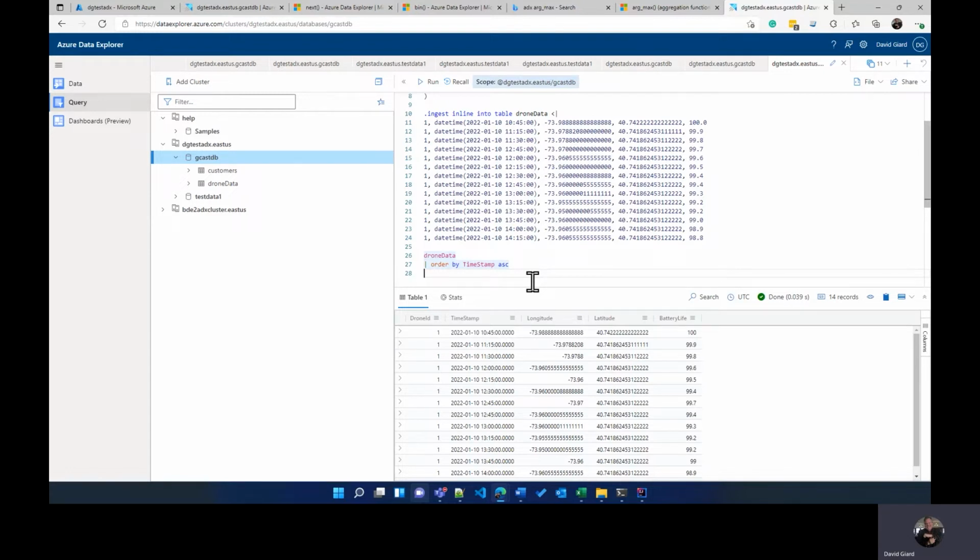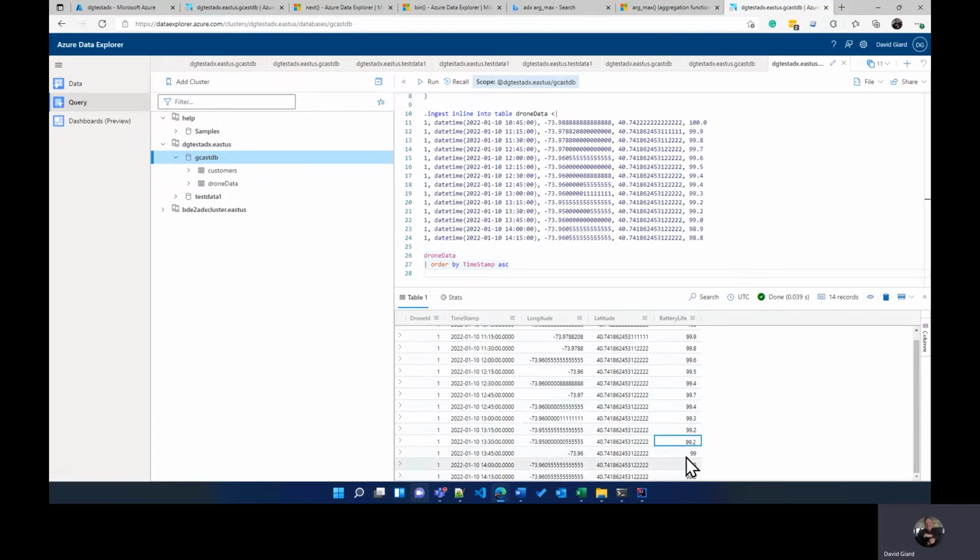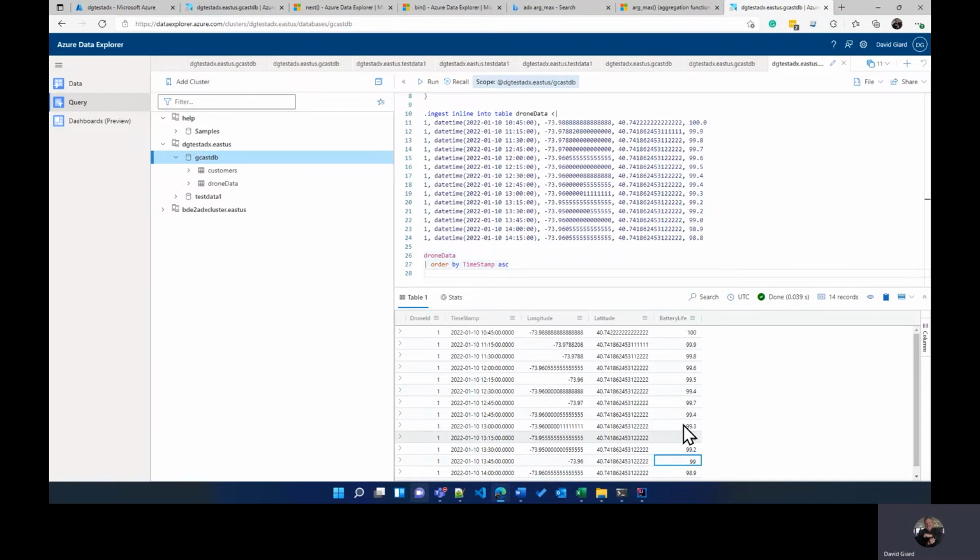KQL offers some interesting functions that'll help you to analyze that a little bit better. So for example, what if I wanted to determine the change in battery life from one timestamp to the next? Every 15 minutes, I'm tracking the battery life, and I'm not really charging it. It does seem to be going down, but maybe I want to keep track of how much it goes down between each 15-minute period. That'd be a little bit difficult to do in SQL, but not in KQL,